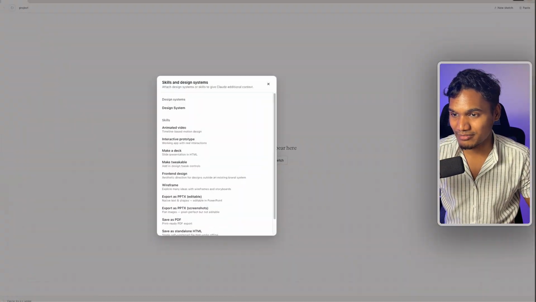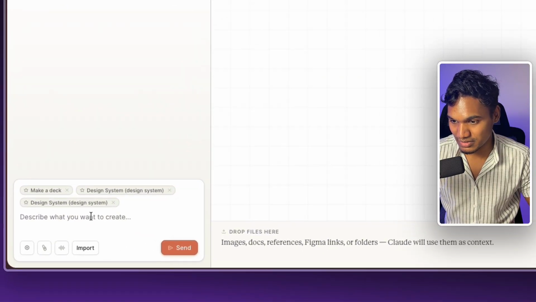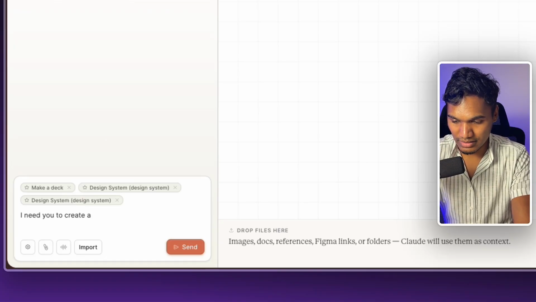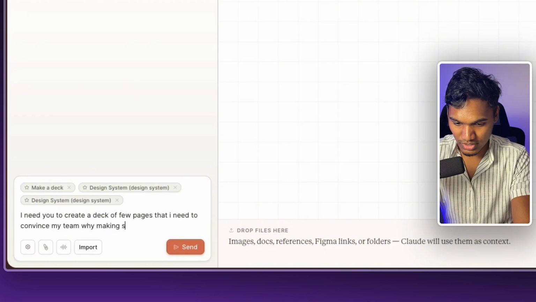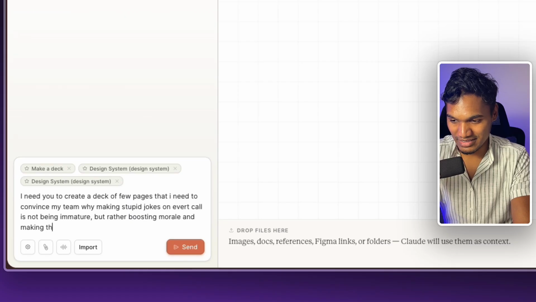I already have my design system in here. So I'm going to use my design system. I'm going to tell it to use my design system. And now I need you to create a deck of a few pages that I need to convince my team why making stupid jokes on every call is not being immature, but rather boosting morale and making the environment fun,